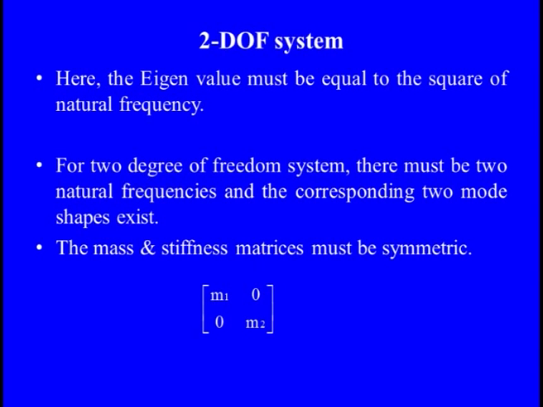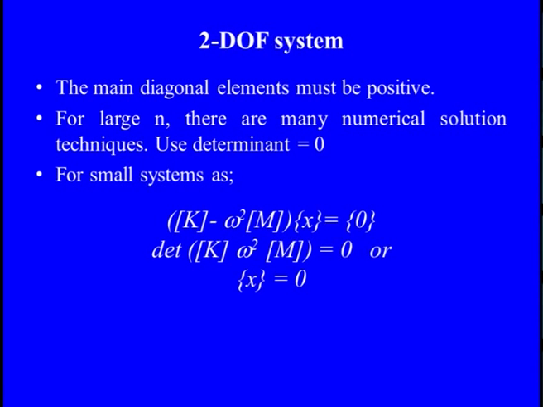So this is in reverse way, we are saying that this is the cross check for that. So the mass matrix shown on your screen is [M1 0; 0 M2]. You see the diagonal: all the masses which play a critical role in the formation of the equation or the exciting frequencies always come in the diagonal form. The main diagonal element is always positive, and for any large n degrees of freedom system, there are many